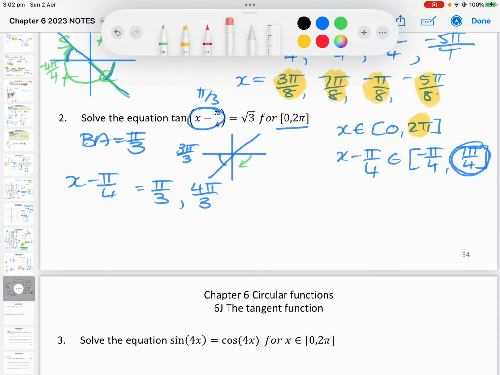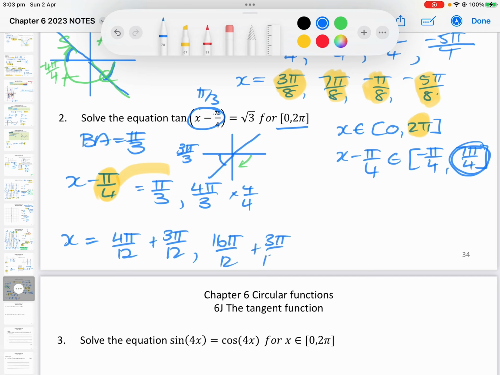So now I'm going to add pi on 4, so I'm going to go, x equals, and I'm going to make this 4 pi on 12 plus 3 pi on 12, because that's the same as pi on 4, and then I'm bringing it over. And I'm going to have 16 pi on 12, because times by 4 on 4, and add that 3 pi on 12. So x is equal to 7 pi on 12 and 19 pi